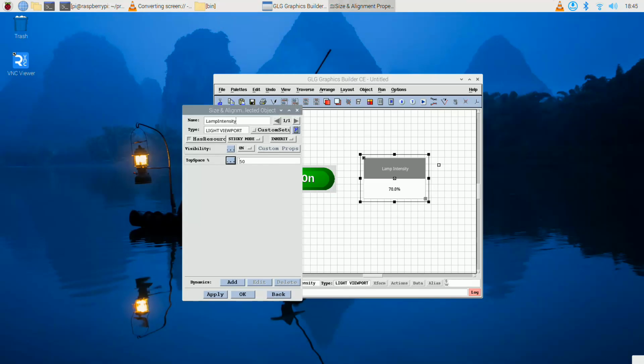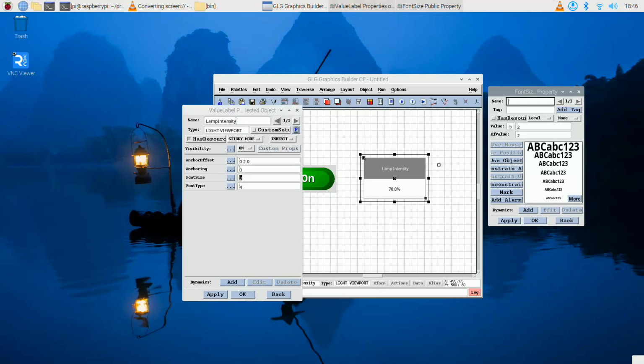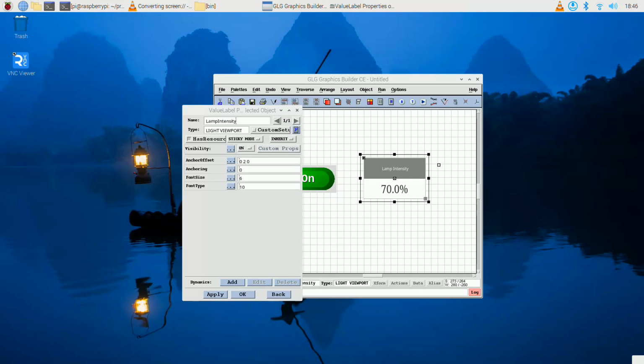All right, let's see, font size. Again, we can click on the triple dots in the window and choose the font size for the value. We can change the font type as well. So let's choose something a little different than the same old, same old. All right, that looks pretty good. So if we apply that and go back,